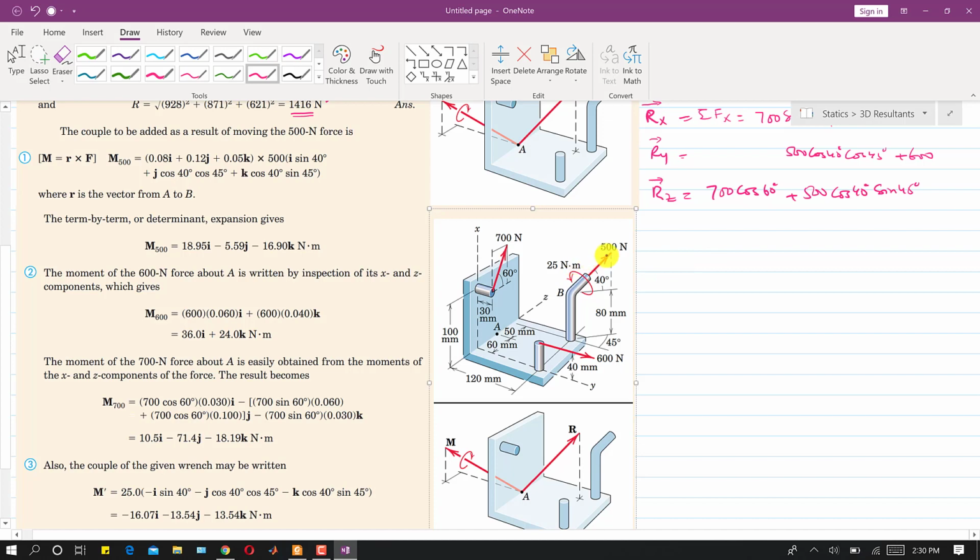To find the moment produced by this 500 newton force, we will use again this cross product method, right? So I will write that moment by 500 newton force is equal to R cross F. So we will define our R, and this F is 500 newton, right? And we have represented this by F2, so I will write that this is F2. So we know that F2 vector, we have resolved this F2 vector into its components, right? And so we will first specify our moment arm.